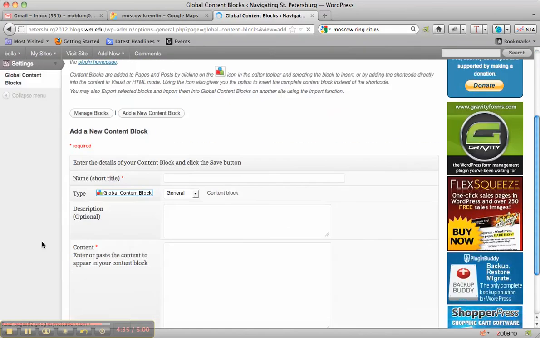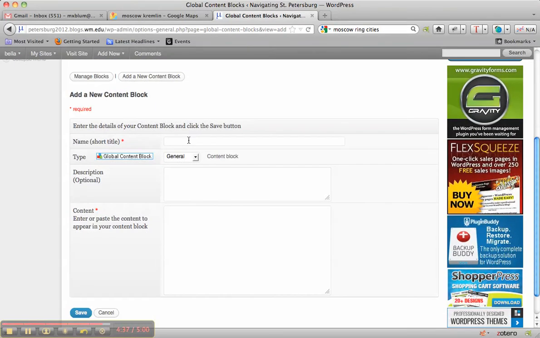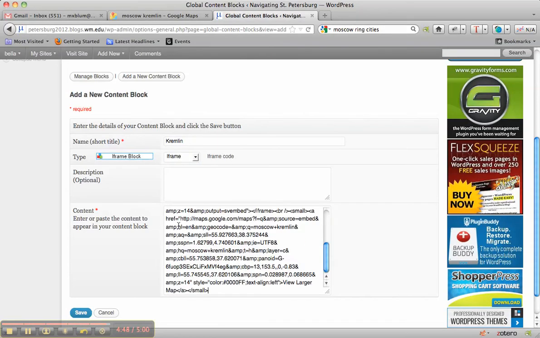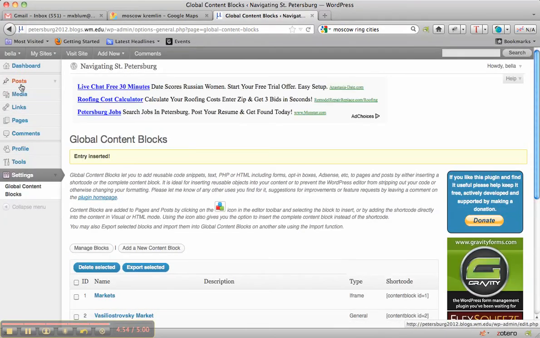I'm going to call this Kremlin, and I'll call that an iframe again. Paste my code in there, and hit save. And that's basically it. I'll go back to my post, and I'll